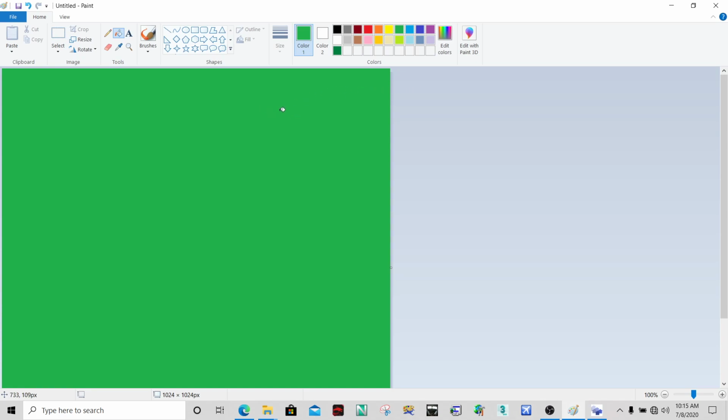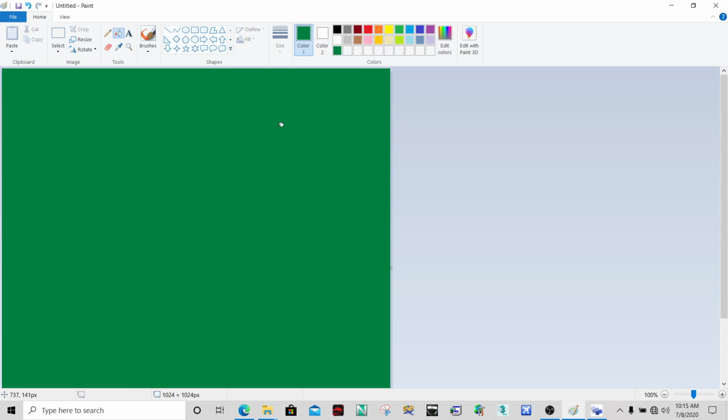The brighter the color, the less glossy the model will appear. If you used a darker green, this would be a very high shine reflection. So we'll use just the normal green,